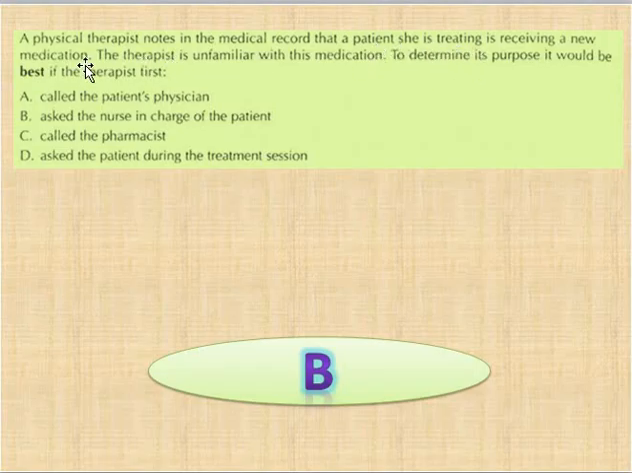A physical therapist notes in the medical record that a patient she is treating is receiving a new medication. The therapist is unfamiliar with this medication and wants to determine its purpose. It would be best if the therapist first: call the patient's physician, ask the nurse in charge of the patient, call the pharmacist, or ask the patient during the treatment session. And the correct option is option B, ask the nurse in charge of the patient. अगर आपको नहीं समझ आ रही तो आप उस नर्स से पूछें।